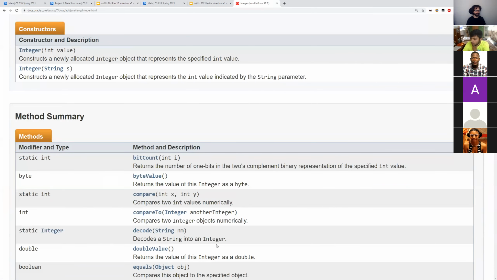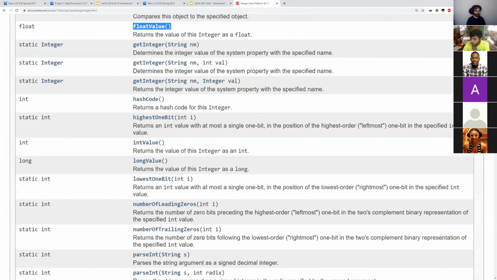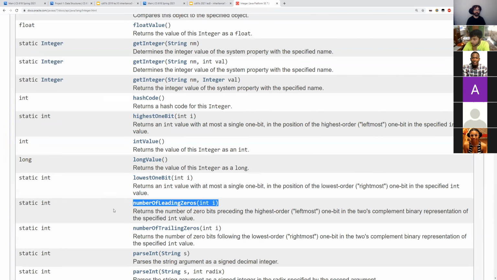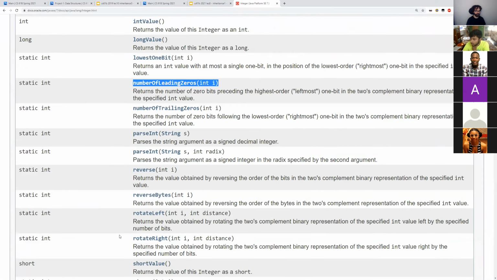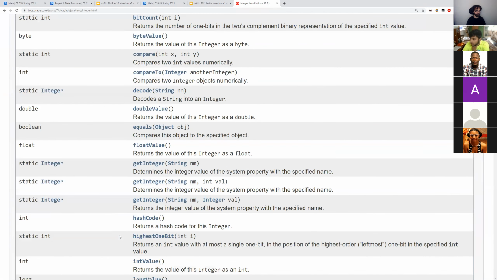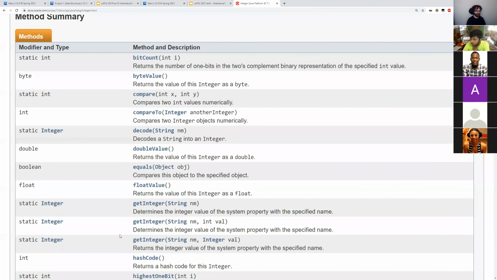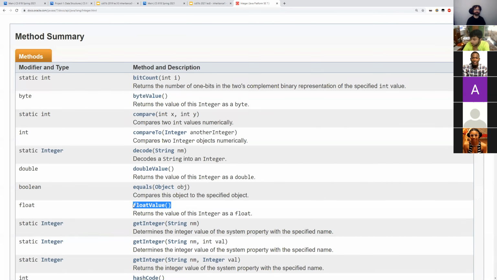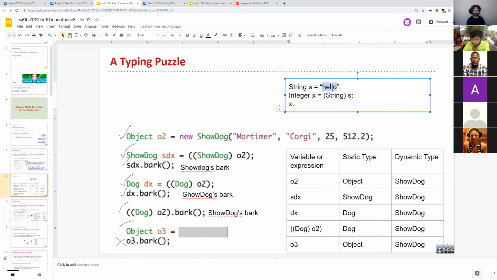Okay, let's do float value. Okay, so let's do 35. Okay, so suppose you do something like this.